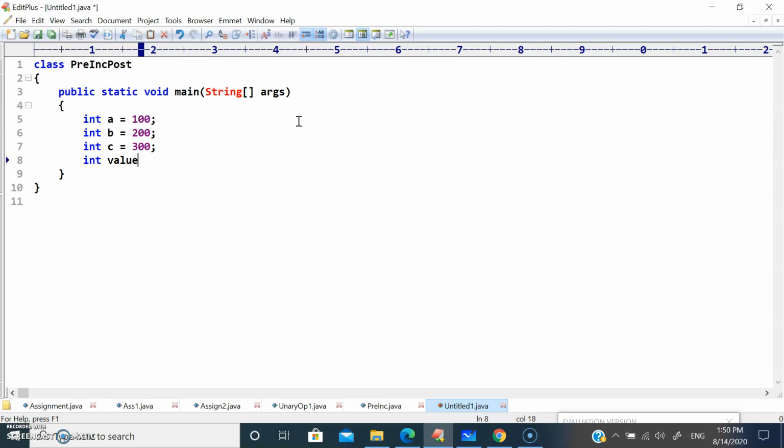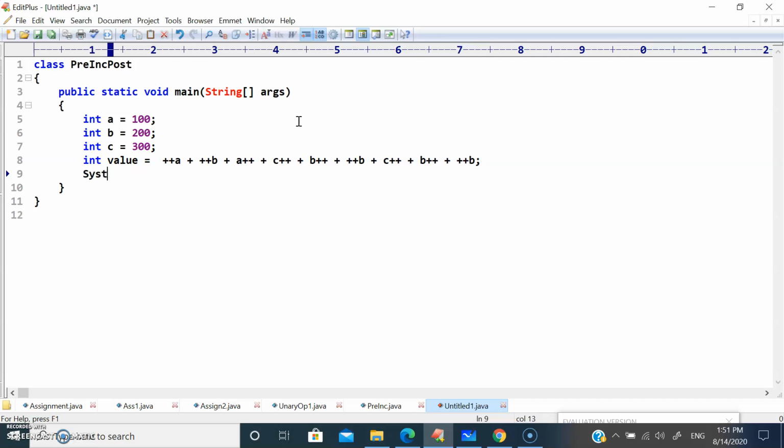int value is equal to, so first I can say ++a, and then ++b, and then a++, and then c++, and then b++, and then ++b, and then c++, and then b++, and then ++b.